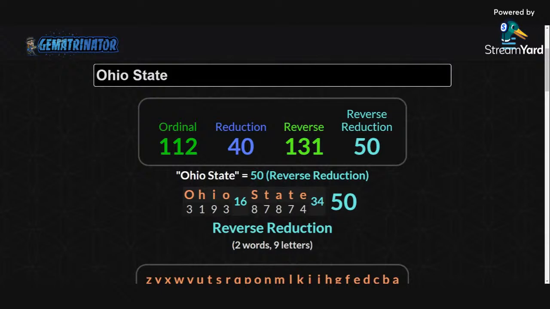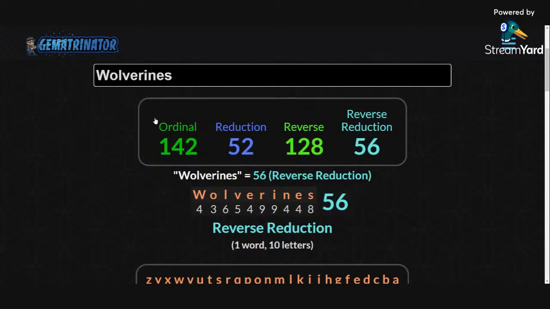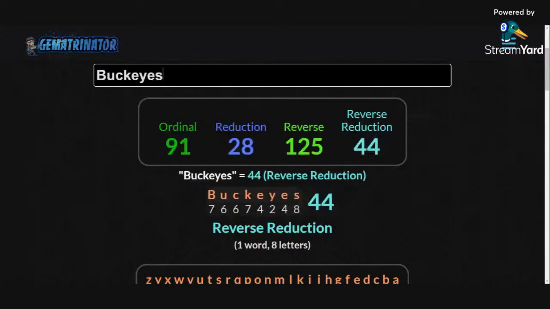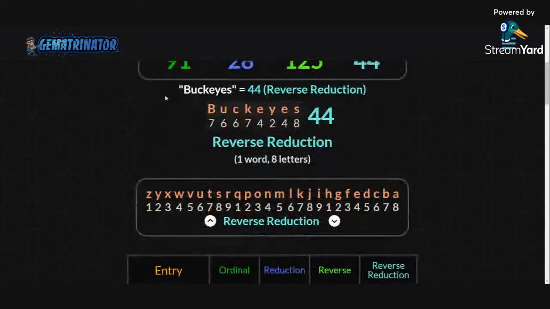We'll put Wolverines and we're going to put Buckeyes. And we'll just do it how the title shows it, first and foremost. And we could probably put Ohio State Buckeyes, Michigan Wolverines as well. But we'll just start simple, as we don't need to make this any longer than it needs to be, right?